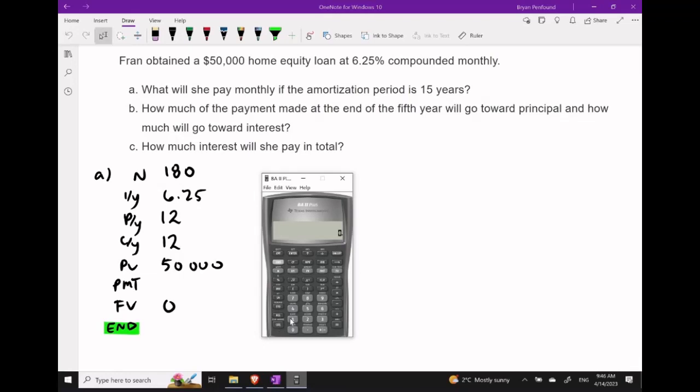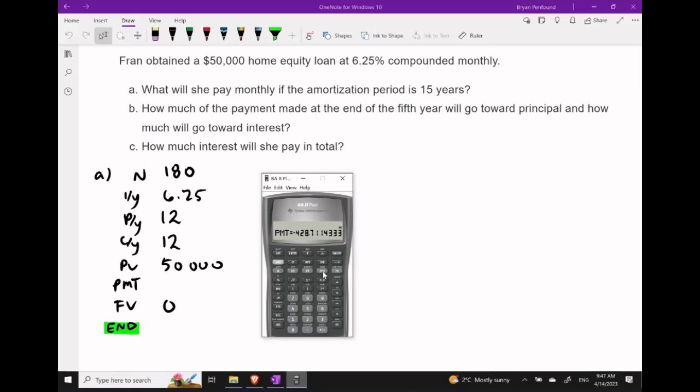Pulling up our calculator and making sure we are in end mode, we're going to start programming in some of our values. So 180 in for n, we need 6.25 for the interest. We can slide into that submenu, ensure that both of these values are programmed in as 12. We have a $50,000 positive value coming to us for the PV, and let's assume our future value will be 0. Computing the equal size payments, we should get